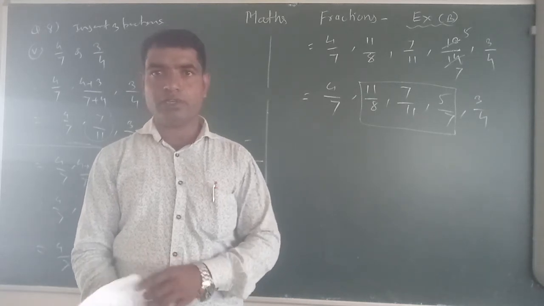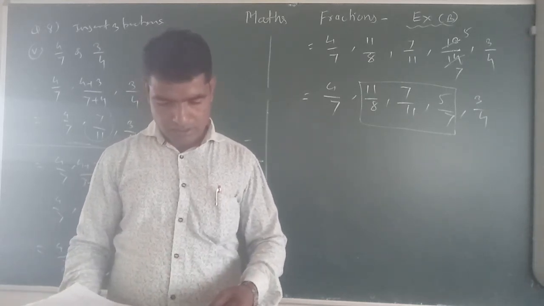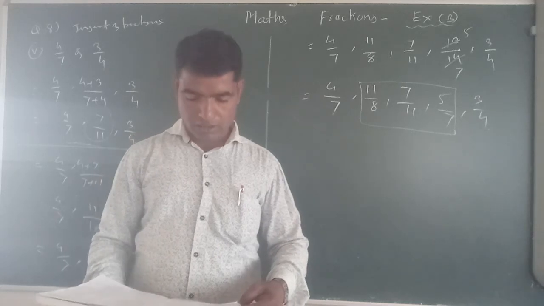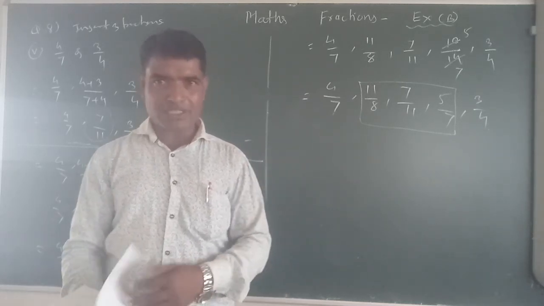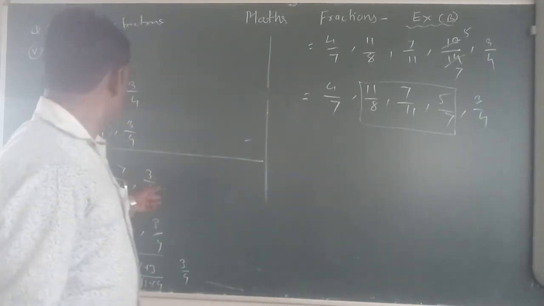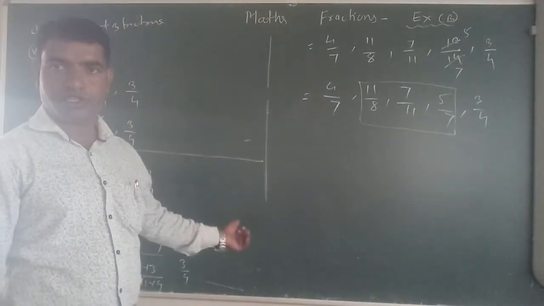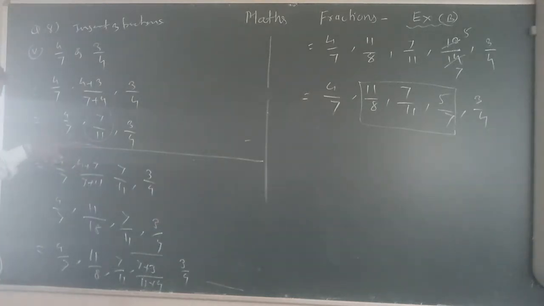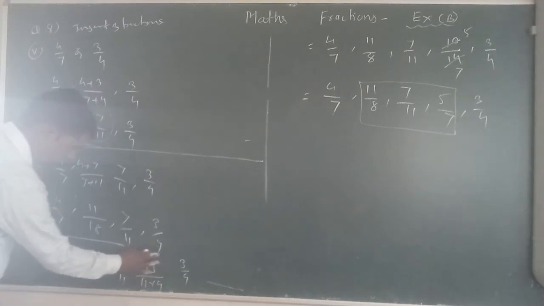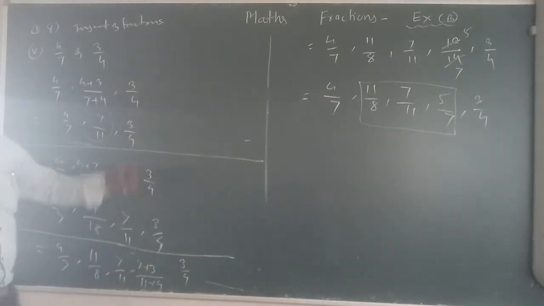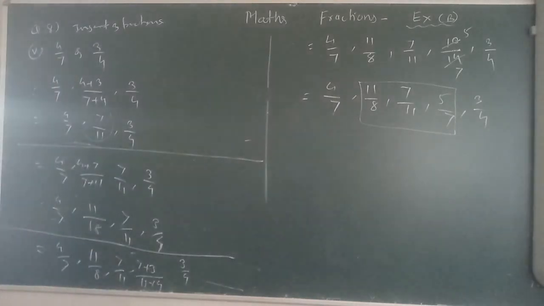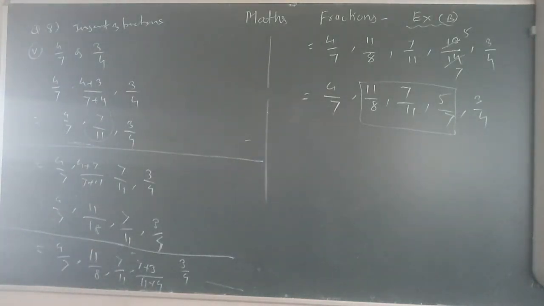We will see another question, question number 9. Okay, so question 9, insert two fractions. That means I think you have understood insert. I have taken insert 3, that means you have understood insert 2. insert 1 का आंसर यहाँ पे फिनिश हो गया, और insert 2 का आंसर जो है वो यहाँ पे फिनिश हो गया. Here your answer will be finished. Okay, insert 2 और insert 3 वहाँ पे. Okay, that means you have understood. If you have not understood, you can see the video in the repeat mode. Whenever you have to write down, you can take the screenshot.